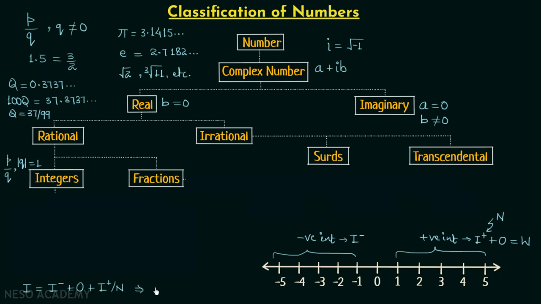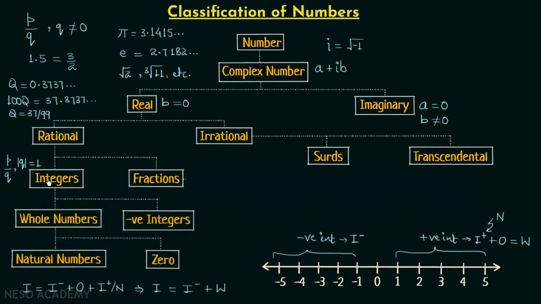This means integers will be negative integers along with whole numbers. And the same thing we have here. Integers are classified as whole numbers and negative integers, and whole numbers are classified as natural numbers or positive integers and 0. So I hope you now have an understanding of all these numbers, and now we will shift our focus